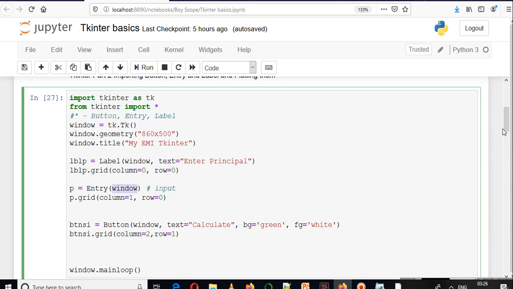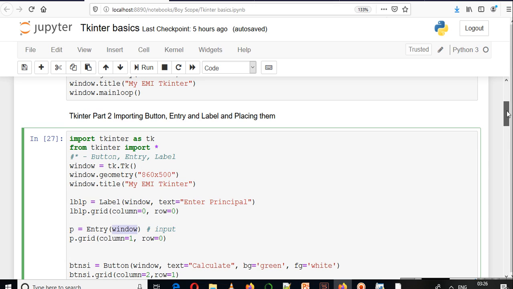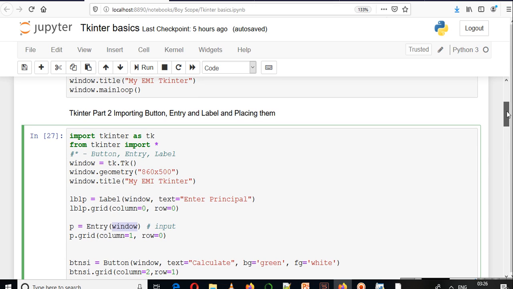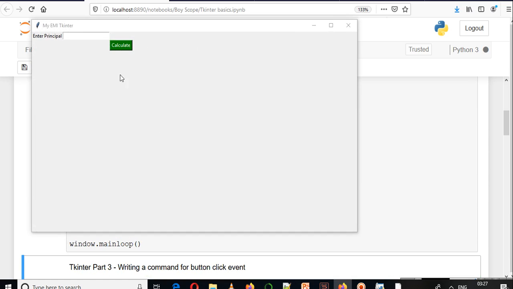If you do not provide these arguments, you will see a grayish type of button. So this is a simple part 2 of tkinter, importing button, entry and label, and creating a window.